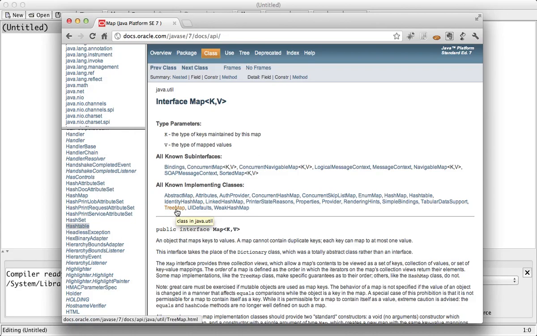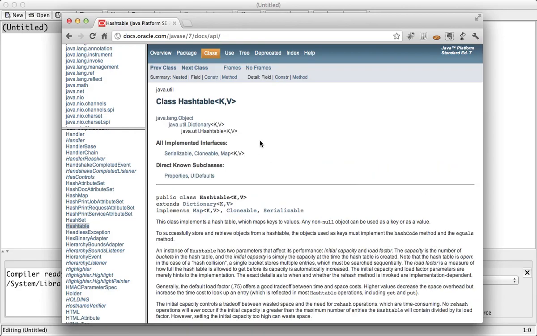So, tree map, the way Java classes are named is underlying data structure and then interface, and they're smashed together. Both pieces have capital letters. So, tree map implements the map interface with a tree as its underlying data storage mechanism. Hash map, on the other hand, implements a map with this hashing thing as its underlying data store. And the difference between hash table and hash map,